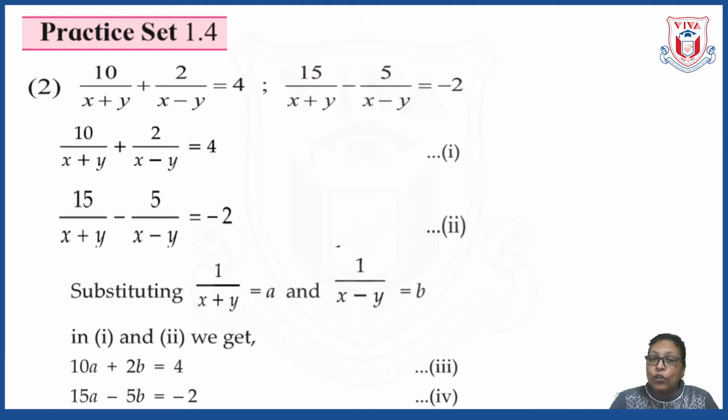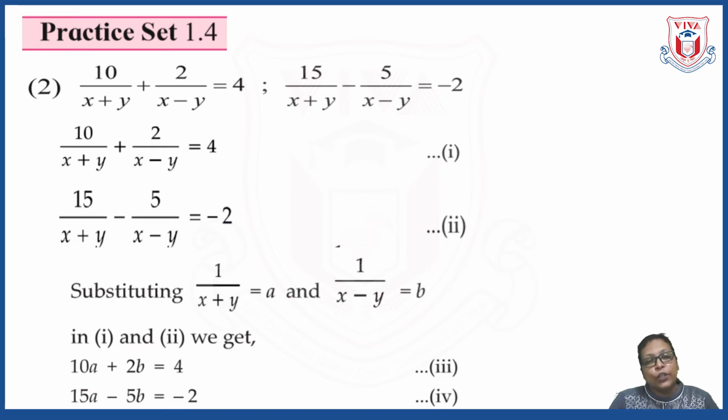Now you know all 4 different methods to solve simultaneous equations. So here you can use any one method. Obviously you are not going to use the graphical method, as I have said it is very lengthy. So you can use either the elimination method, the substitution method, or Cramer's rule also. It is your choice. But you know that the elimination method is always very simple, so always try to make use of the elimination method.